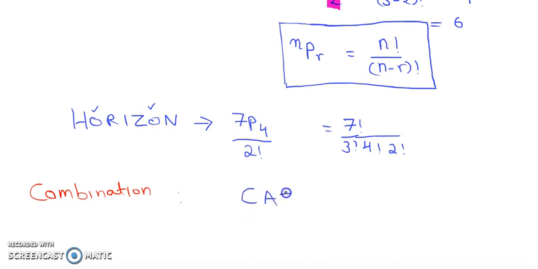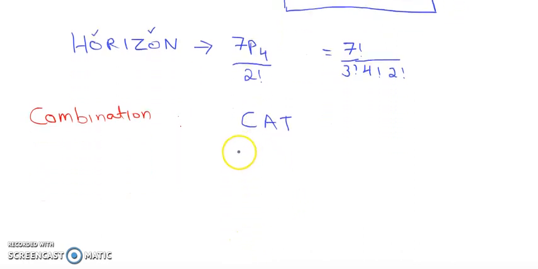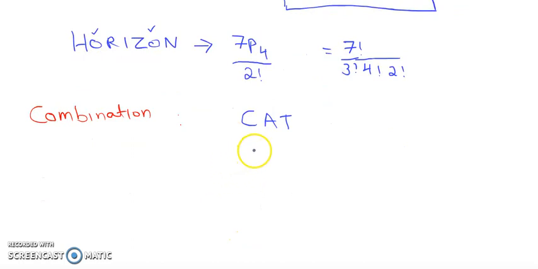CAT, if I asked you to select 2 letters at a time from the 3 letters, you'd find that your selections would be CA, AT, and CT. That is pretty much it. That's your selection. You can't have any more selections